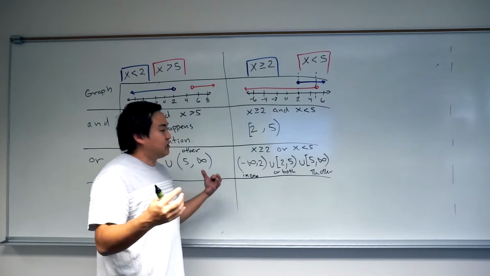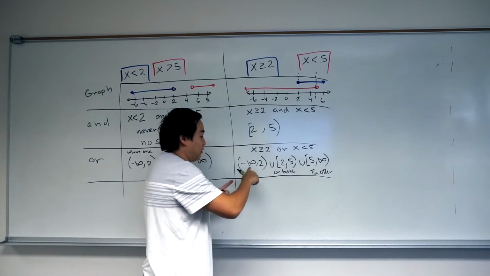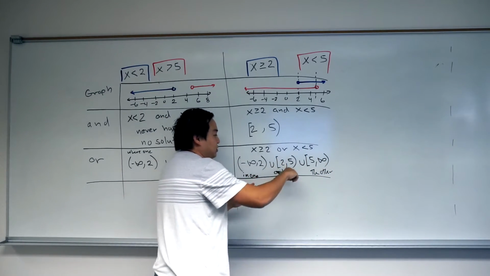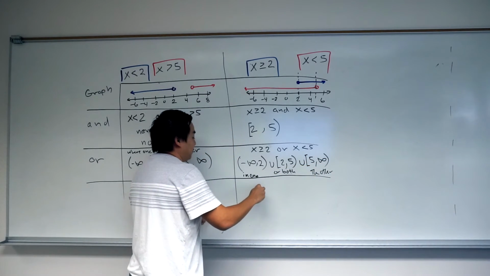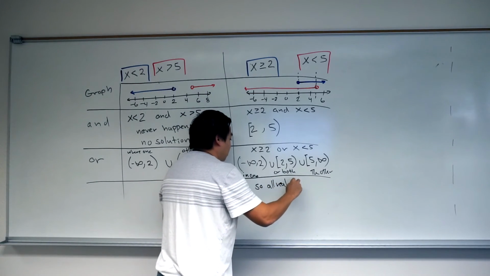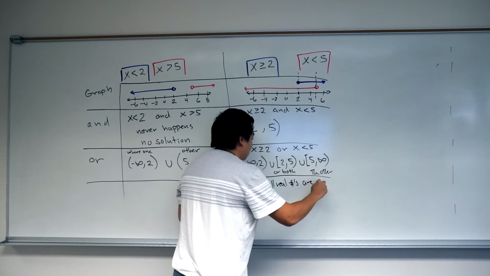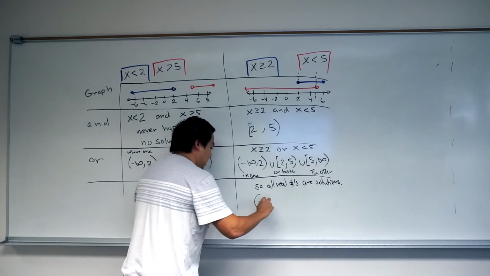And what this does together is give you everything because there are no holes, right? It goes from negative infinity, including 2, up to 5, including 5, and up to infinity. So all real numbers are solutions. And we write this as negative infinity